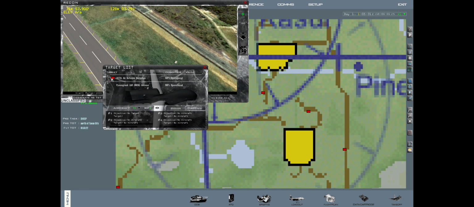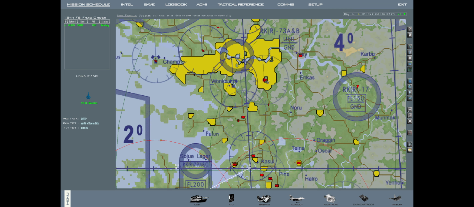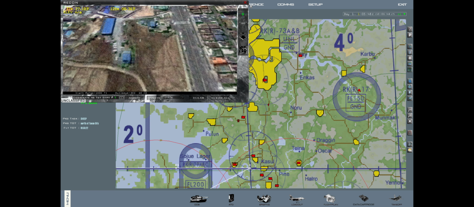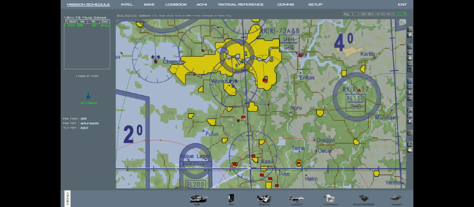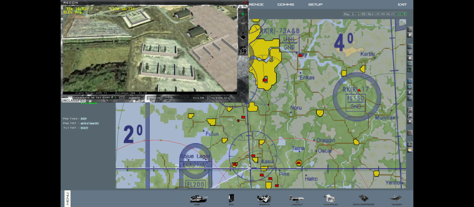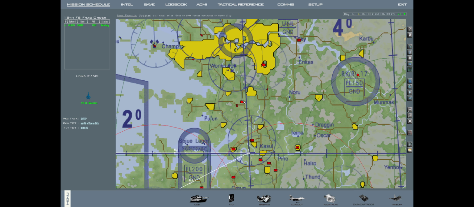So if I hit recon and I go here, see SA-2s, right? And another example is one up here. I think this one might be an SA-3 up here. Yeah, SA-3. I only knew that because I memorized where these are. So this is an SA-3, but still the same kind of icon. Here's an SA-2 again. More SA-2s right here. So if I wanted to mark this SAM on a map, mark it as an SA-2,